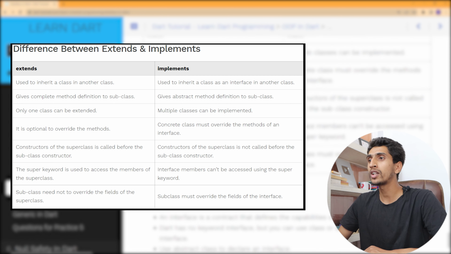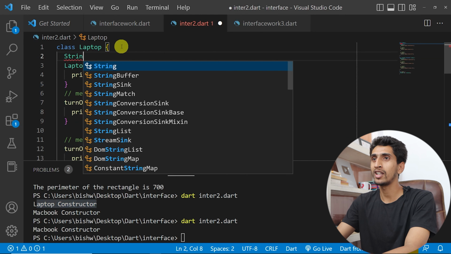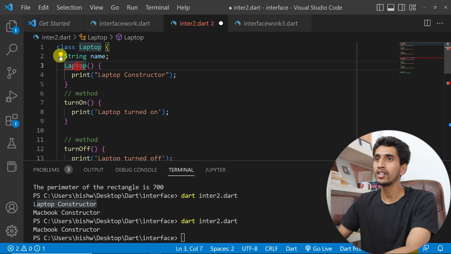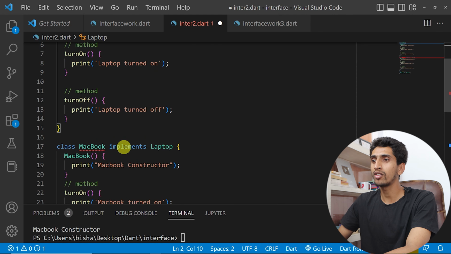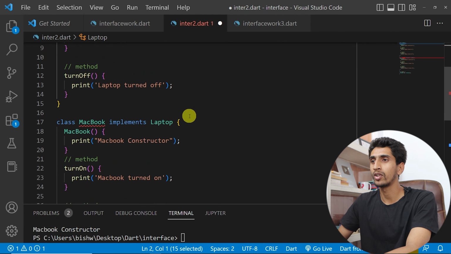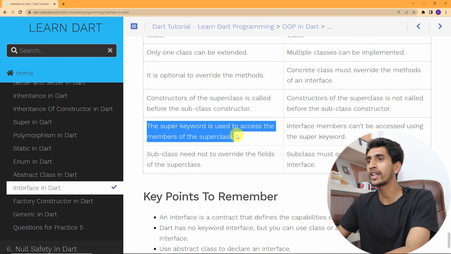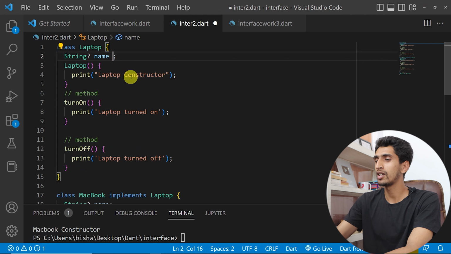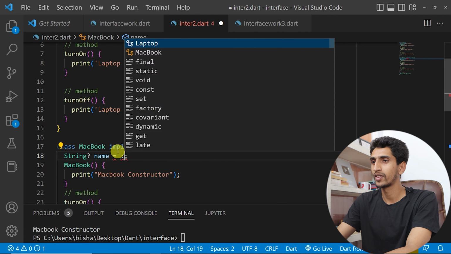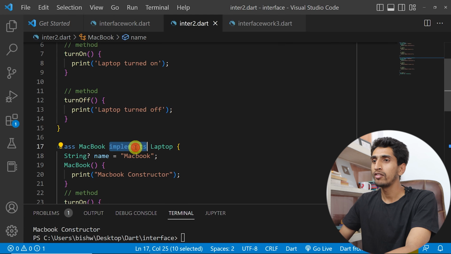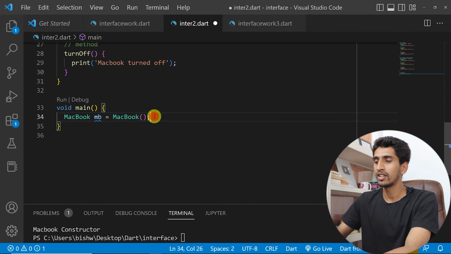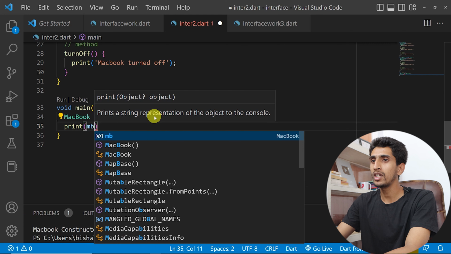This is the thing. The super keyword is used to access the member of the superclass. If you use a string name here, and if you use an interface, then you need to define this name here also. But here you can see the super keyword is used to access the member of a superclass. If I say string name is equal to laptop in Laptop, and string name is equal to MacBook in MacBook, and if I extend and print mb.name,